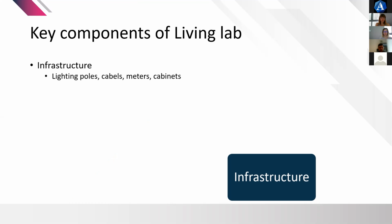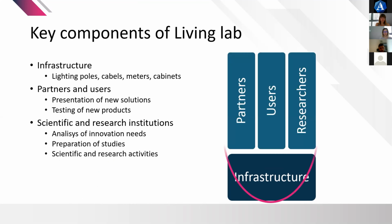We can provide this infrastructure to our partners, and they can test their solutions free of charge in the real environment using infrastructure that is in the property of the City of Koprivnica. This is a really important part. Then we have partners, users, and researchers. Partners and users